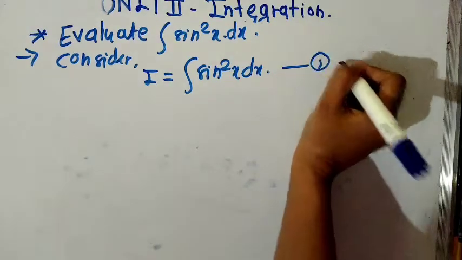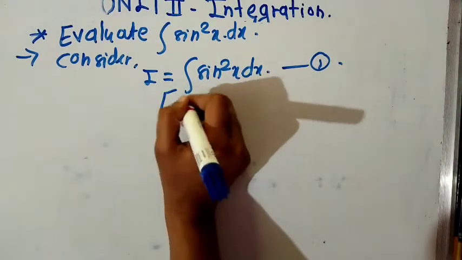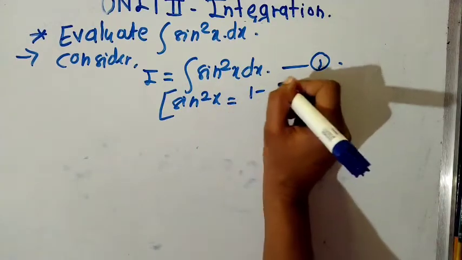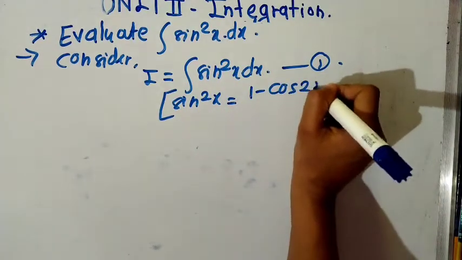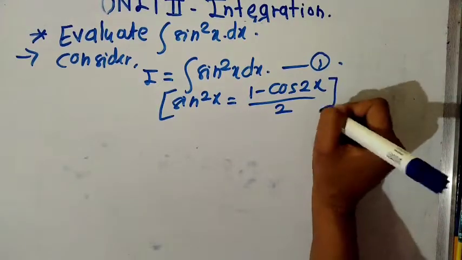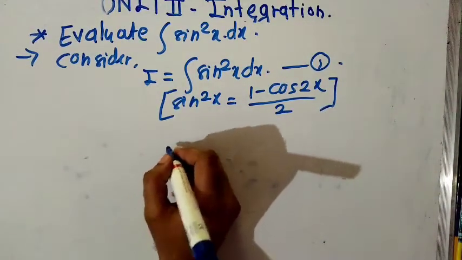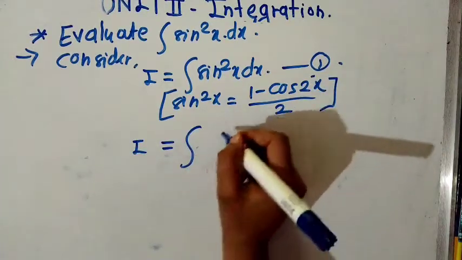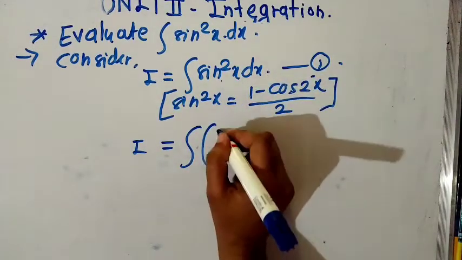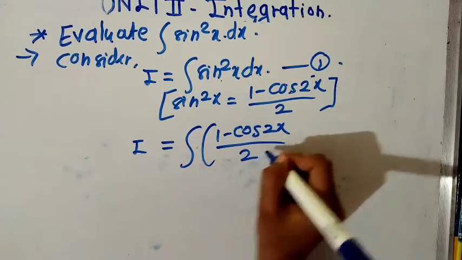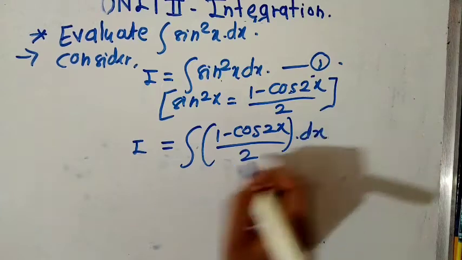It is the first equation, but sin square x is equal to 1 minus cos 2x upon 2. So put in this equation, so equation 1 becomes integration of 1 minus cos 2x upon 2 into dx,